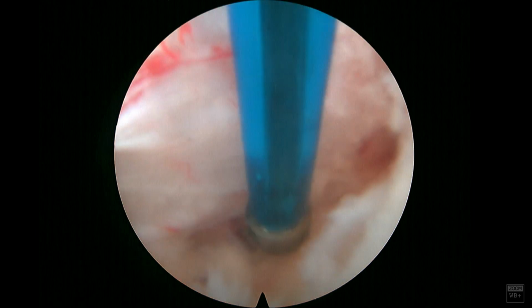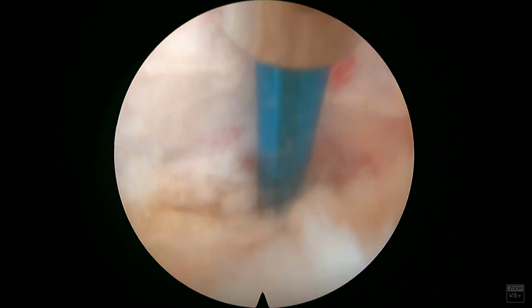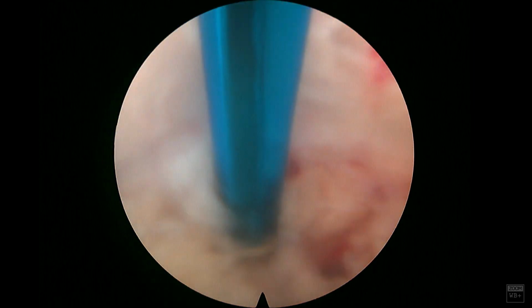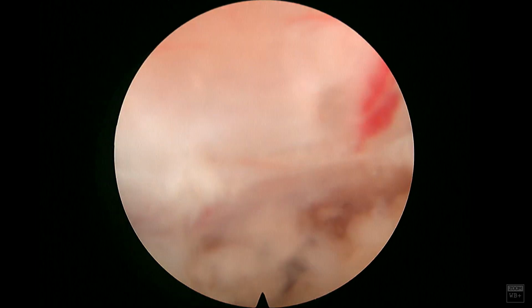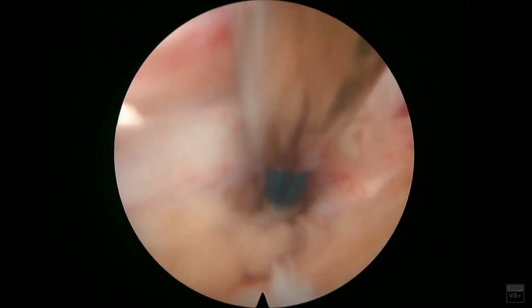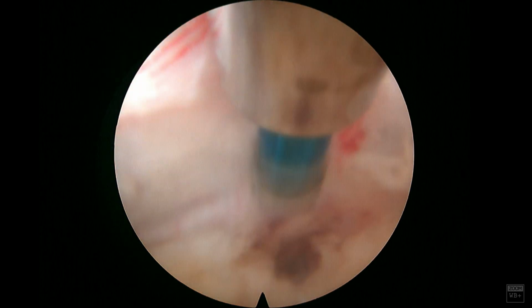So we'll continue with the decompression. You can see that I've already removed some of the bone previously, and that traversing nerve root is coming in a little bit more in view. Even though I can see the traversing nerve root somewhat, I do want to continue the decompression out laterally until I can really know that that traversing nerve root is decompressed. When this patient stands, that foraminal area is going to get smaller. You can see here where the RF probe was,